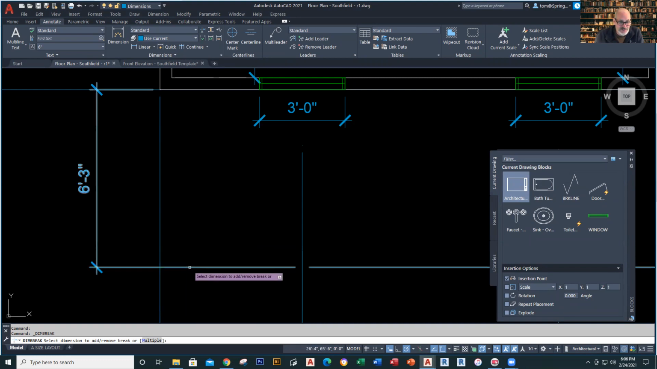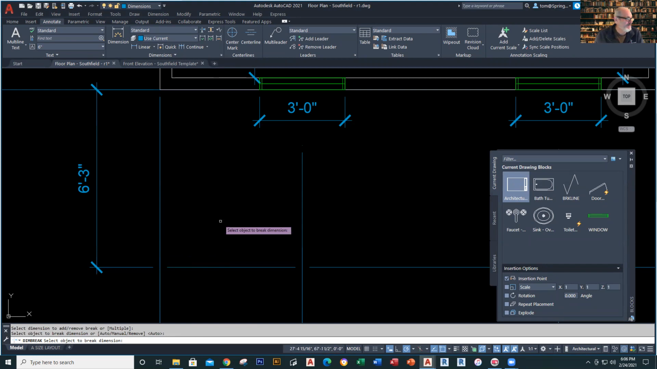If I wanted to add it to this one, I'd go to here. So I go to here, and then go to there, and it creates a break right there. That's how dimension break works, because your dimensions should not overlap. If they do, someone looking at your drawing might not be sure if that's actually